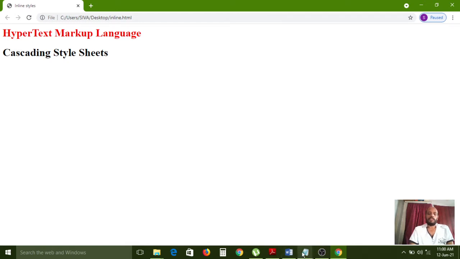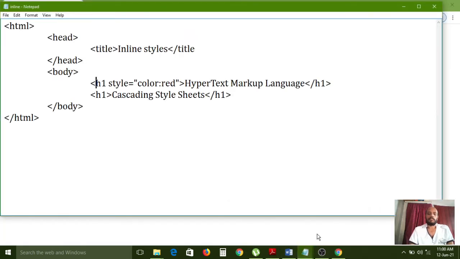So that is called inline style sheets, because it is applying only inline, the style attribute we have used in the first h1 element, only this particular element. So this style is applicable only for this line. This is called inline styles.